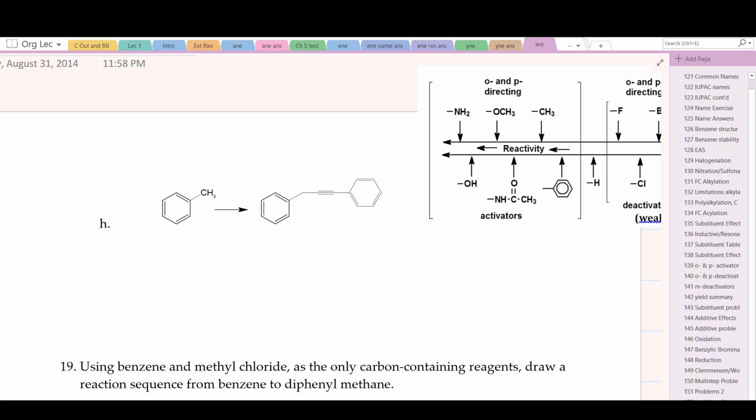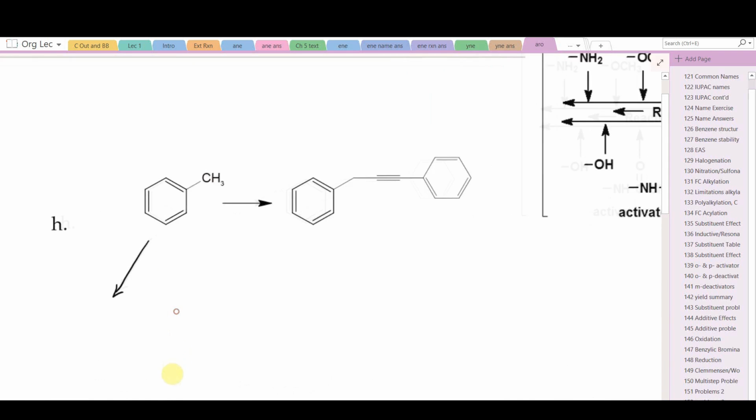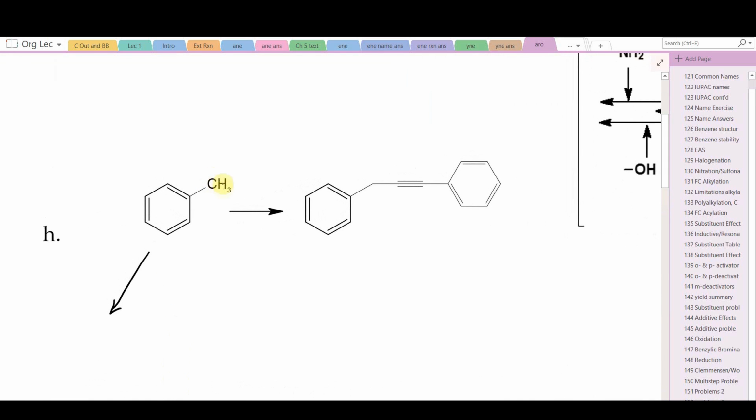So perhaps not what you were thinking, but why not brominate this toluene and make it an alkyl halide? You'll see what I mean. We want to brominate with N-bromosuccinimide and benzoyl peroxide. And that will brominate the benzylic position just once. We have CH2Br,